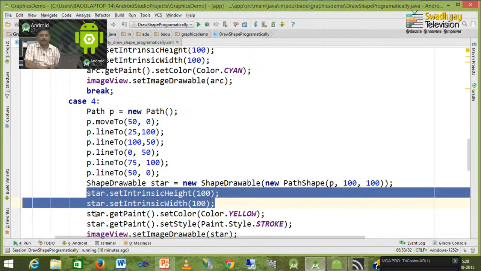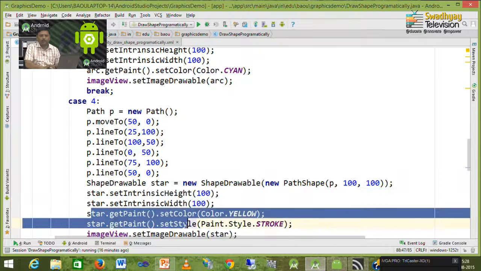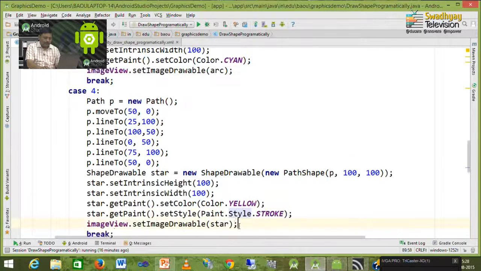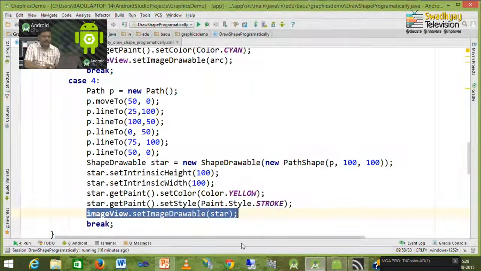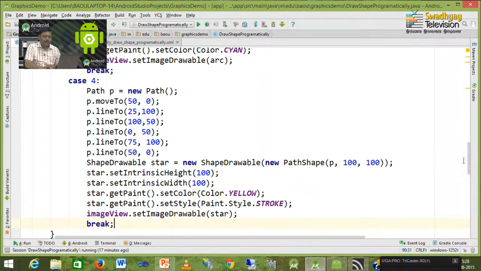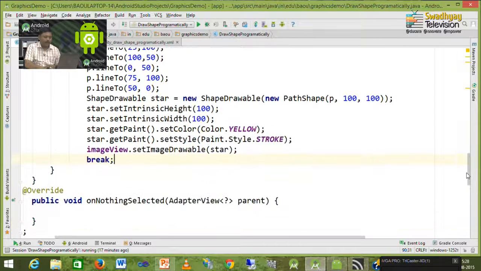We set its color to yellow and we set its style to stroke. That means, we want to draw line without breaking, and finally we fetch this star inside image view. So, this is how we can draw path.